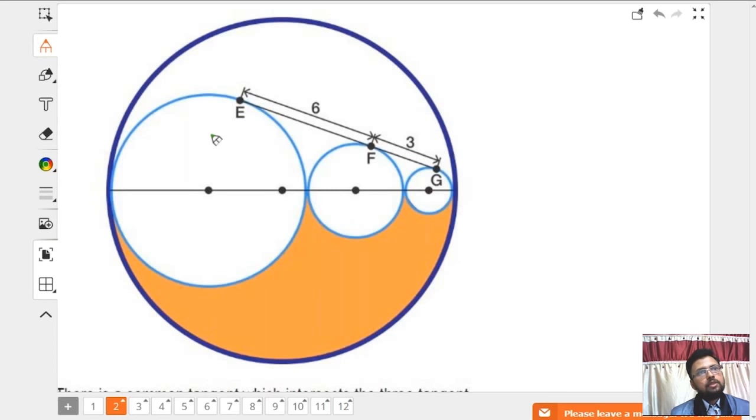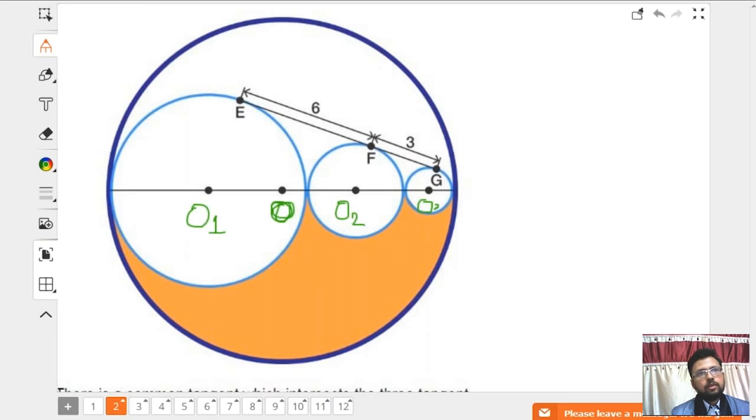Let's first name it. Let's call this O1. This is the center of the bigger circle. Let this be O. What is O? O is the center of the biggest circle, the largest circle. O1 is the center of this circle. O2 is the center of the medium circle, the third circle, this one. And O3 is